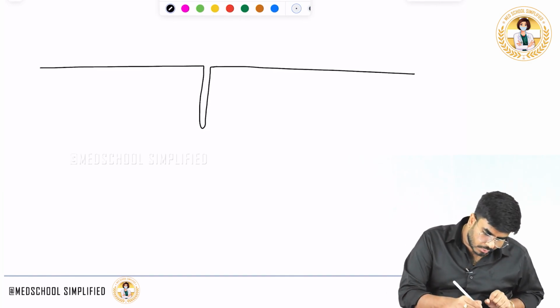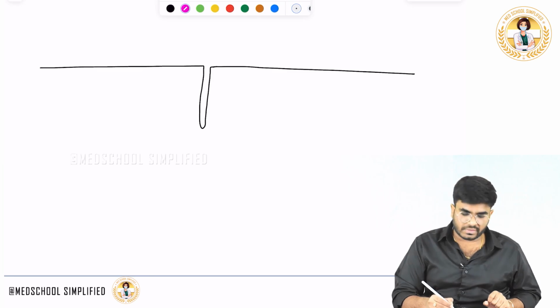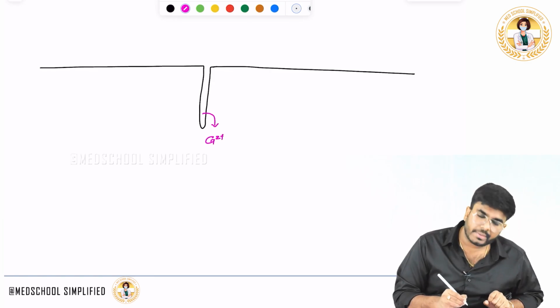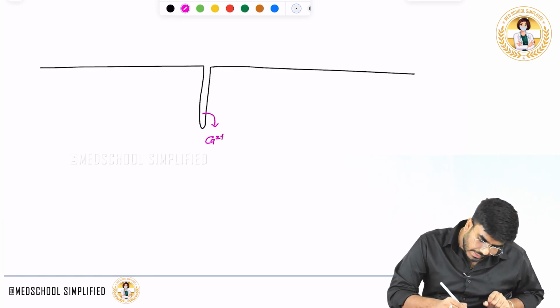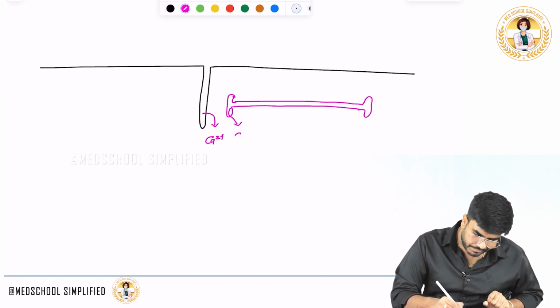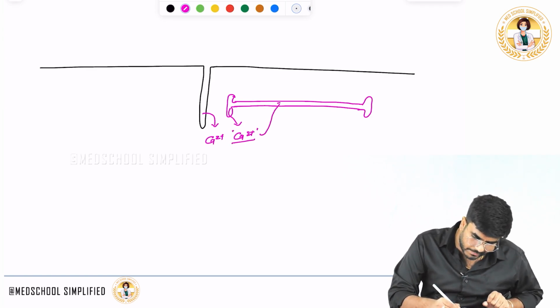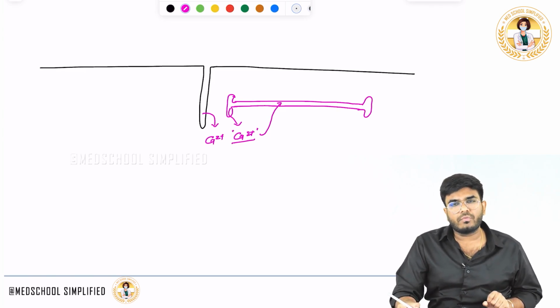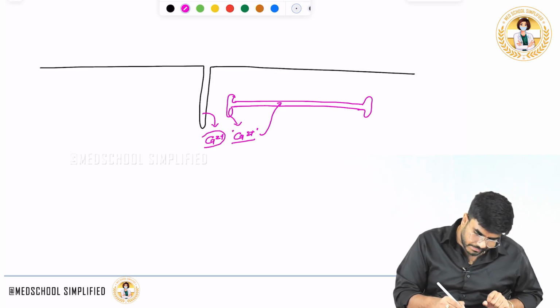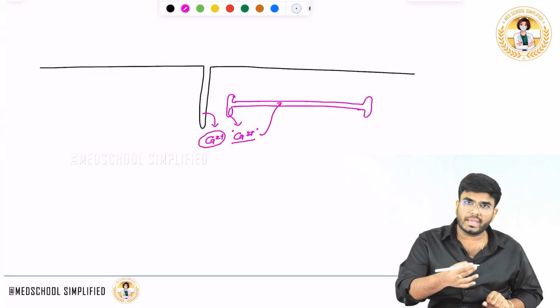in the myocardium, you know there are two sources of calcium. One calcium is coming into the cell from the extracellular fluid, and the other source of calcium is coming from the L-tubule, from here. So the calcium which came from the sarcoplasmic reticulum is again going back with the help of the SERCA pump. You know it. Now this calcium, whatever came from outside, it also again has to go back into the extracellular